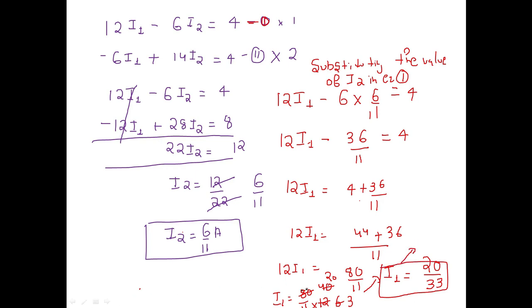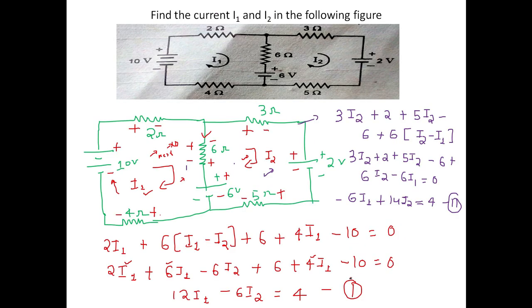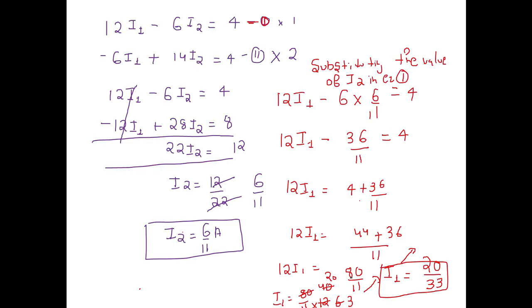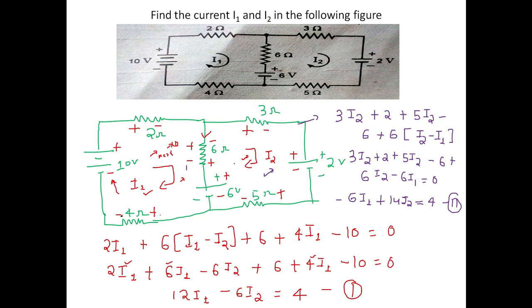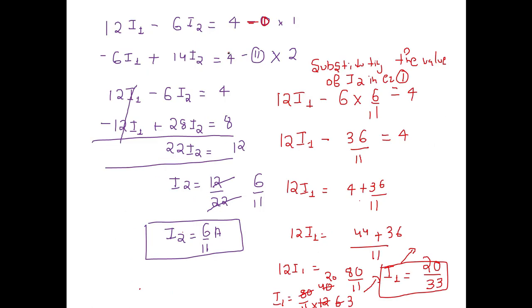So these are our values of I1 and I2 for this problem. So this is our required answer for I1 and I2, how to find them by using mesh analysis. In mesh analysis, as we see in the present solution, we have considered two loops, and then we have applied I1 over one loop and I2 over the other loop, and then we have determined the values of I1 and I2 to get the desired result. I hope you understand it clearly.